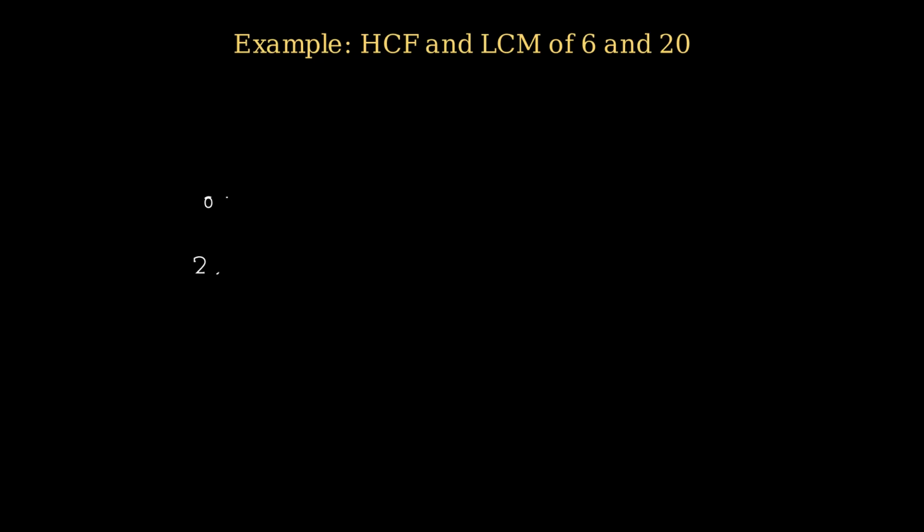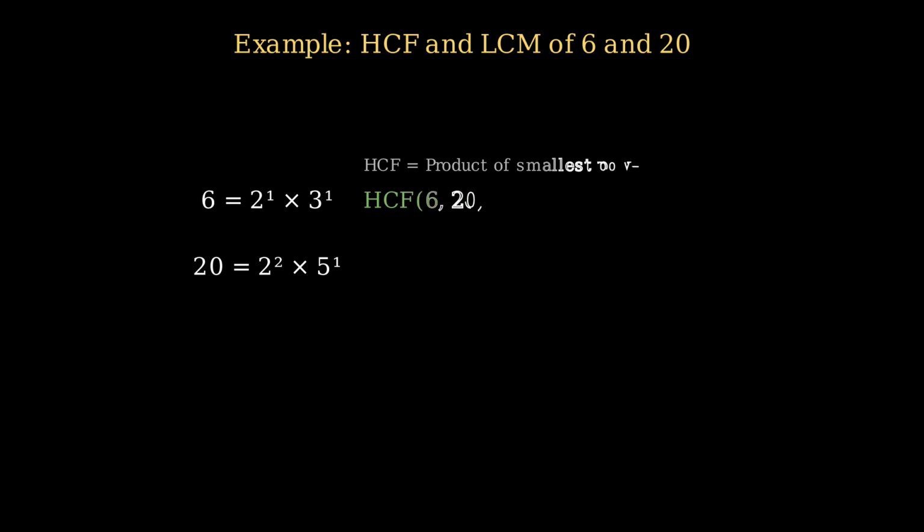Let's take the numbers 6 and 20. Their prime factorizations are 6 equals 2 to the power of 1 times 3 to the power of 1, and 20 equals 2 squared times 5 to the power of 1. The HCF is the product of the smallest power of each common prime factor. Here the only common factor is 2, and its smallest power is 2 to the power of 1, so the